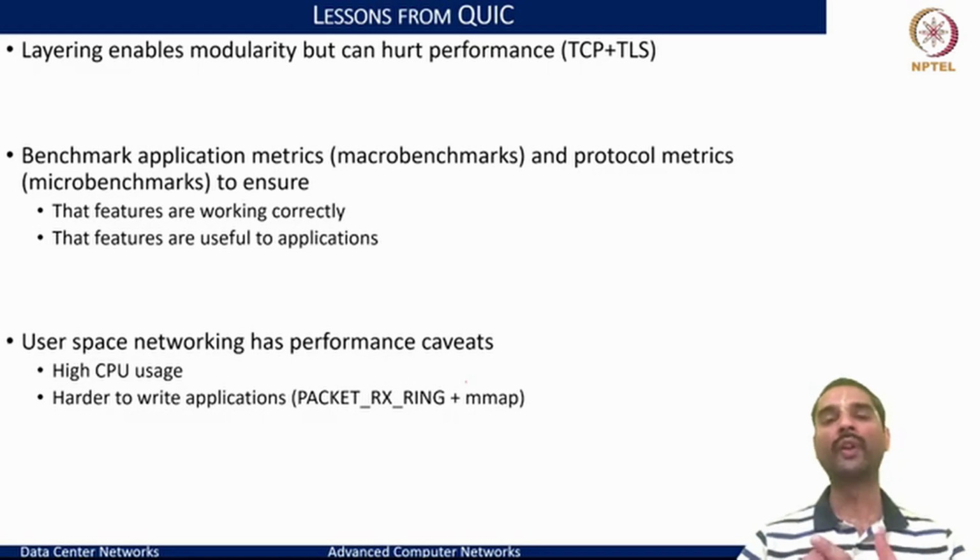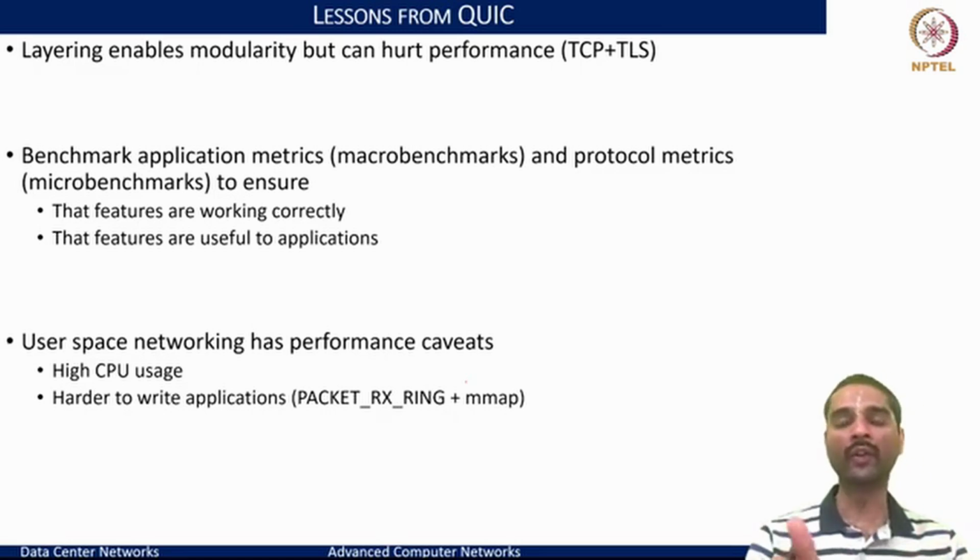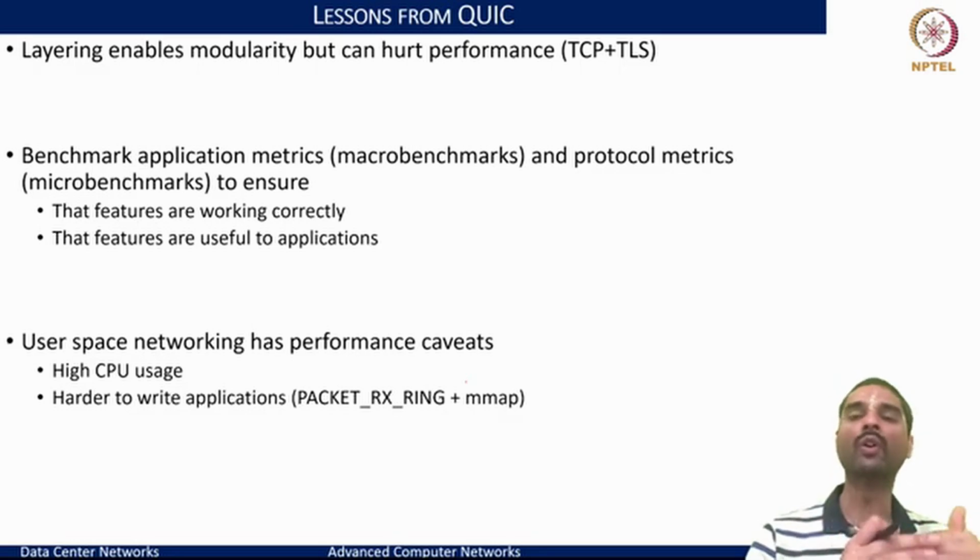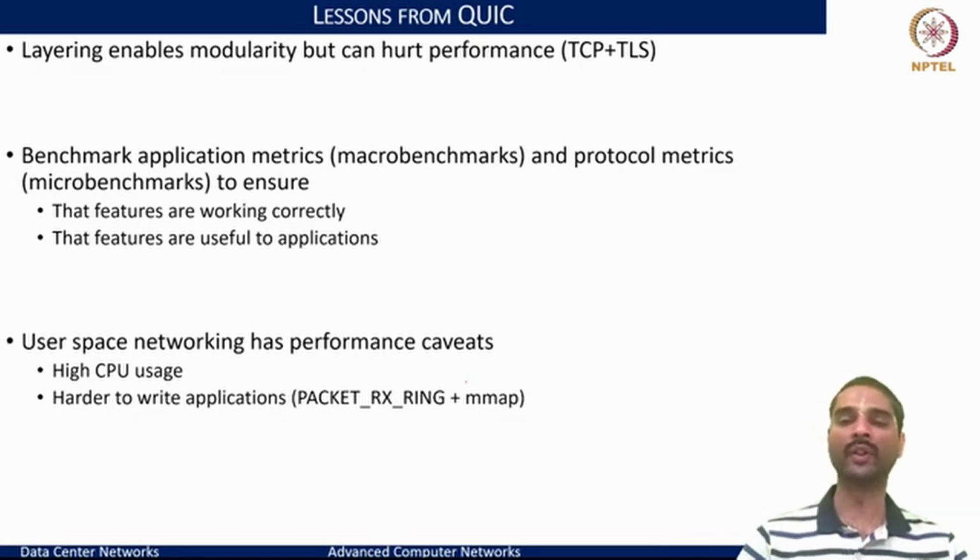And what we can learn from QUIC in a nutshell is that layering is a good aspect in terms of modularity, but it can hurt performance because of some redundancies that creep in. TCP and TLS both had to do handshakes, but TLS stacked on top of TCP could not proceed until the TCP handshake was done. And this also meant that doing the TLS handshake made the TCP handshake, in a sense, redundant. Although there were some key parameters that you would want to exchange for TCP, which could be coupled with the cryptographic handshake. And this is where QUIC tried to leverage the two and bring a handshake that essentially does both in one go.